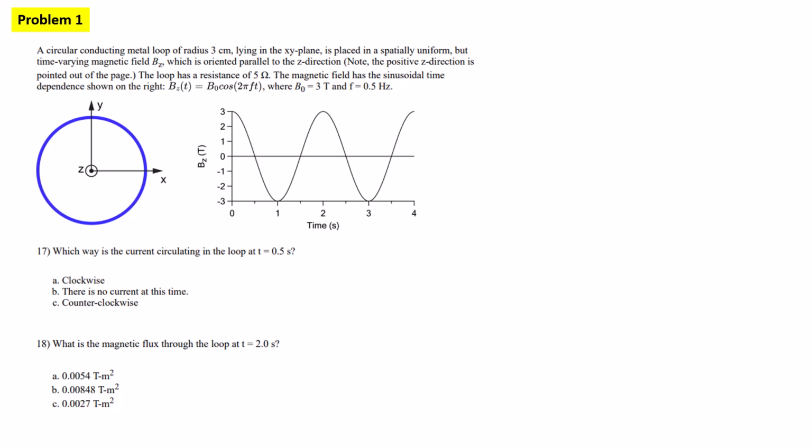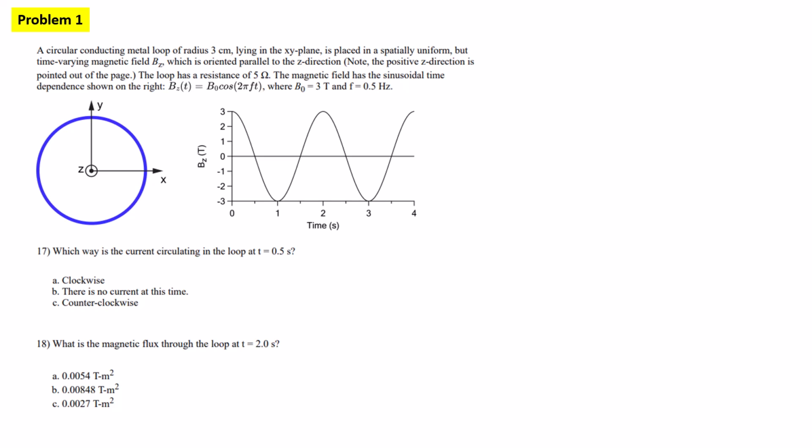Here's our first problem. We have a circular conducting metal loop of radius 3 centimeters. It lies in the XY plane. It's placed in a spatially uniform but time-varying magnetic field, which is oriented parallel to the z-axis. Note the positive z-axis is pointing out of the page. The loop has a resistance of 5 ohms. The magnetic field has a sinusoidal time dependence given by this expression, and they give you these constants and